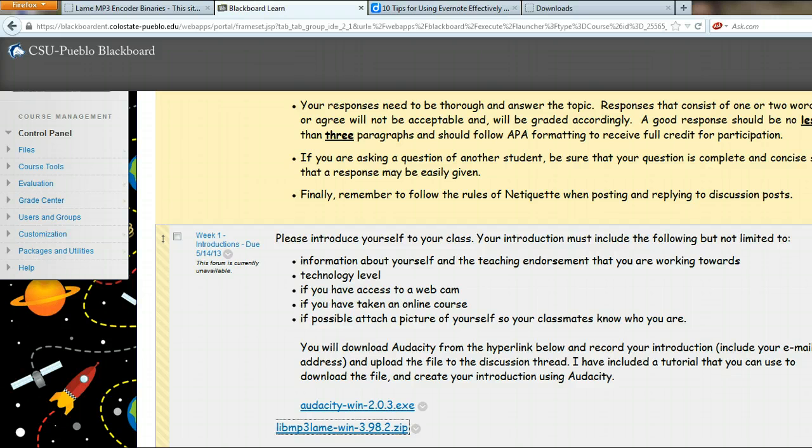One is the rules and guidelines for posting your responses in any thread, and the other one is the first assignment for week 1, and that is the introductions. You'll notice that there are two files. One says audacity-win-2.0.3.exe. The other one is the lame encoder, which is libmp3